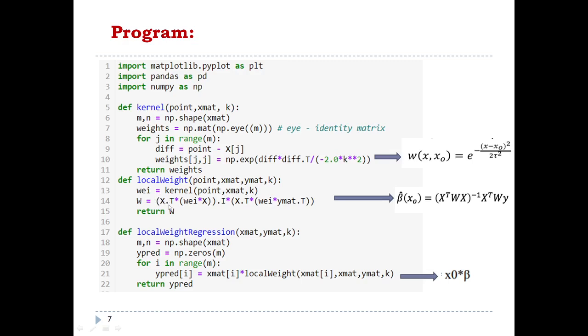It is going to get smoother values for this data point by applying this, and it returns the local weight of that particular bill amount data point. So it will take in the local weight regression value, and that local weight value will be multiplied with the bill amount data point value, meaning each data point value will be multiplied with the local weight of that particular point, and finally it is going to predict the tips value for each bill amount. For each bill amount it is going to predict the tips amount.